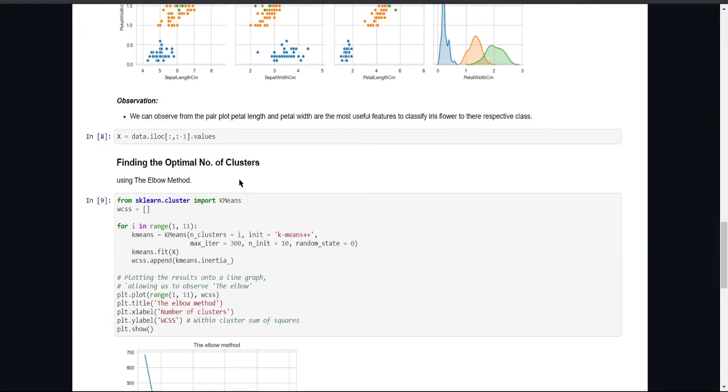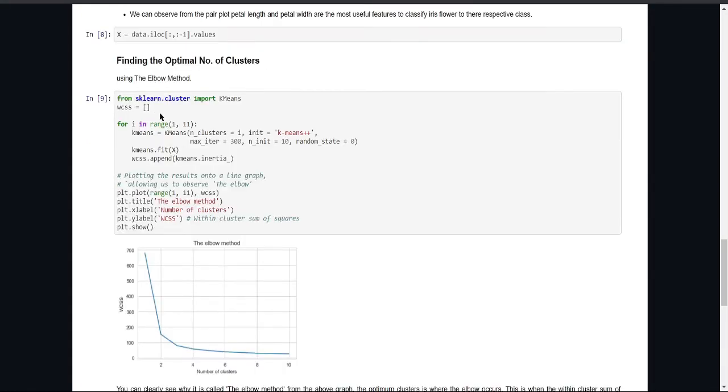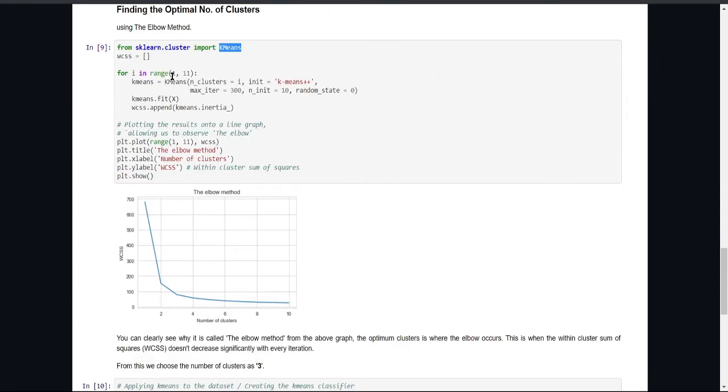After that we find the optimal number of clusters. So we import KMeans from sklearn. We are taking a range from 1 to 11. These are the numbers of clusters. So for each number of clusters we compute the within-cluster sum of squares, the WCSS, which is the cost function of